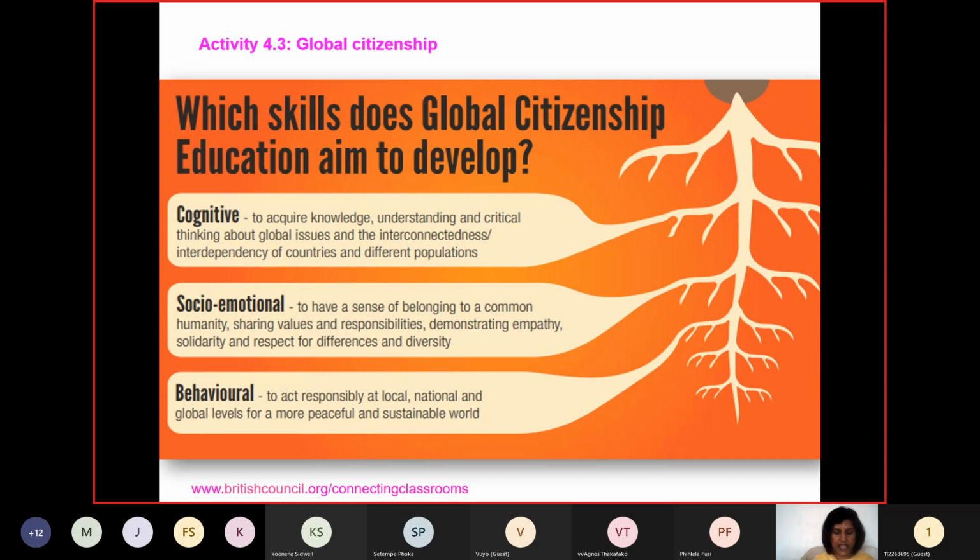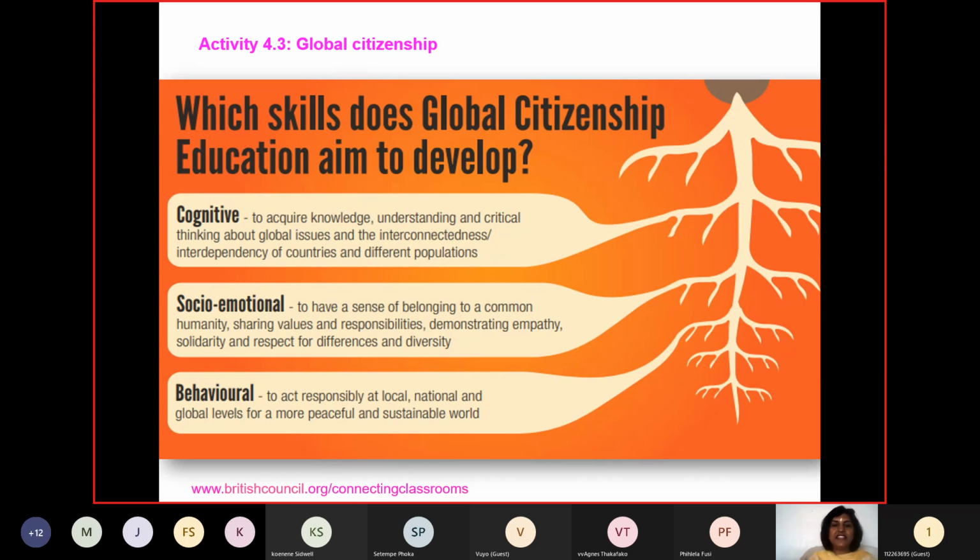Languages, yes, in the language classroom. Maybe you can tell us a little bit more. Social science, how in social science? Sidwell, how can we bring these elements in social science? Let me check if